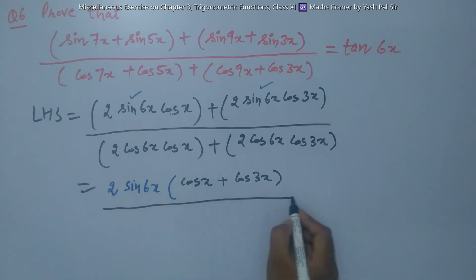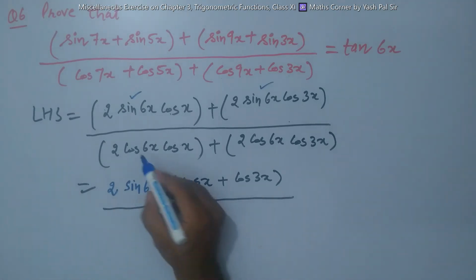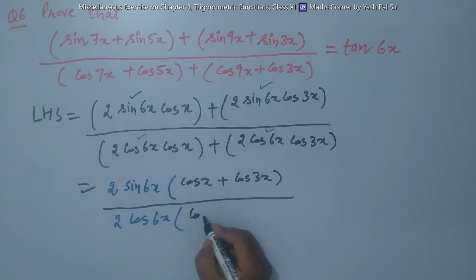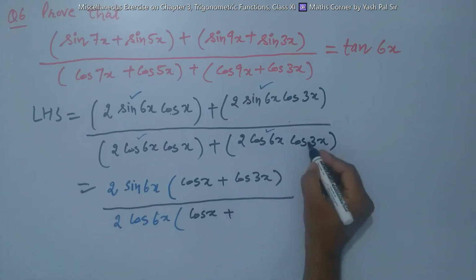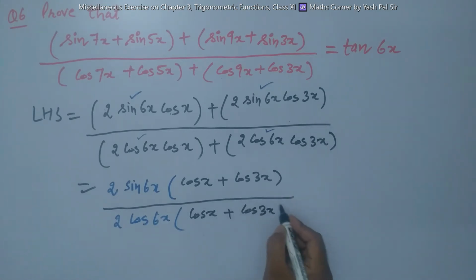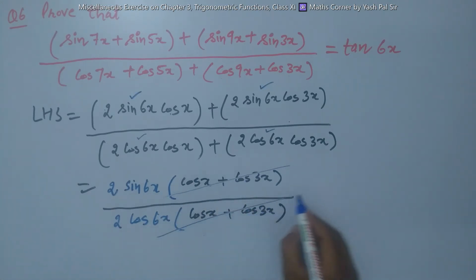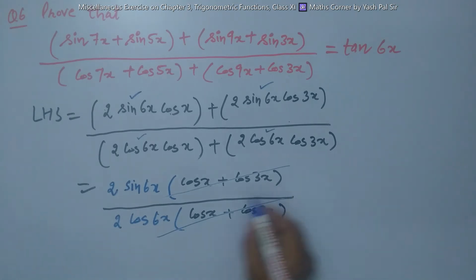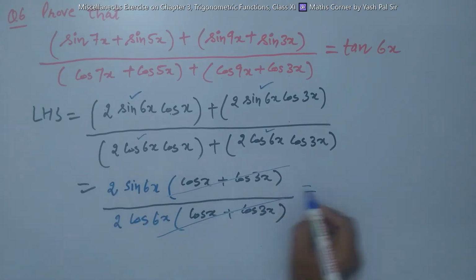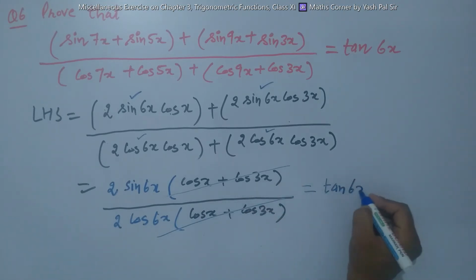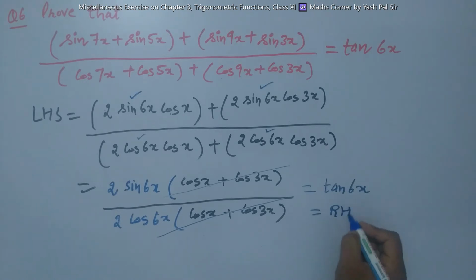Also in the denominator, what is common? 2 cos 6x is common. So what is left inside the bracket? Cos of x plus cos of 3x. So what we see now, the whole bracket is same in numerator and denominator, so it cancels. 2 is cancelled. Sin 6x upon cos 6x is tangent of 6x, and this is the right hand side, and